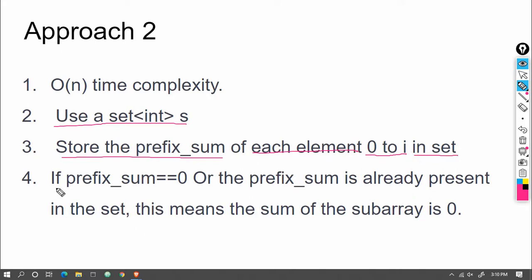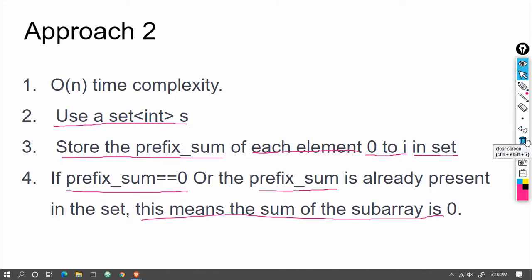After that, we will check if the prefix sum is equal to 0, or if the current prefix sum is already present in the set from before. This means the sum of a subarray is 0.